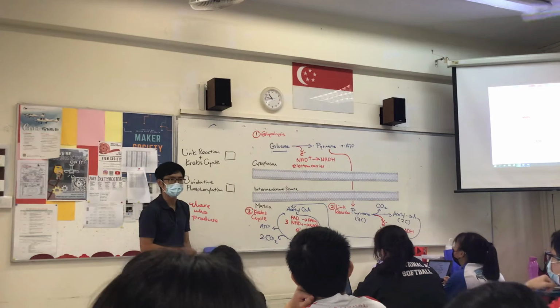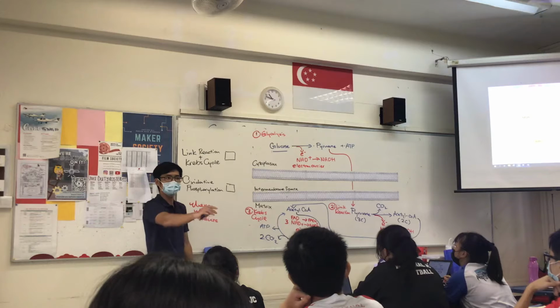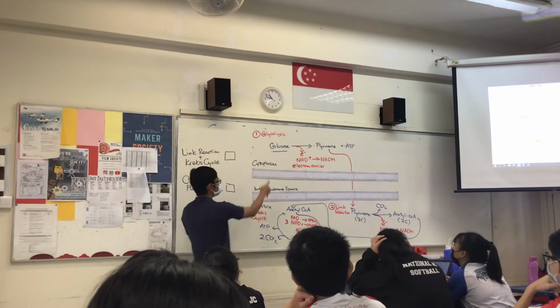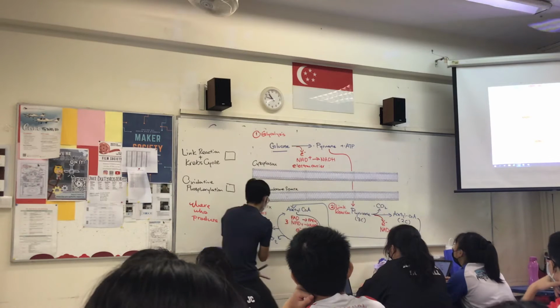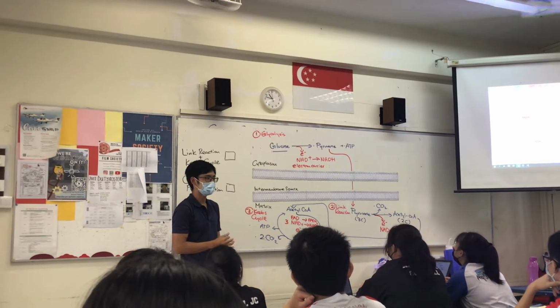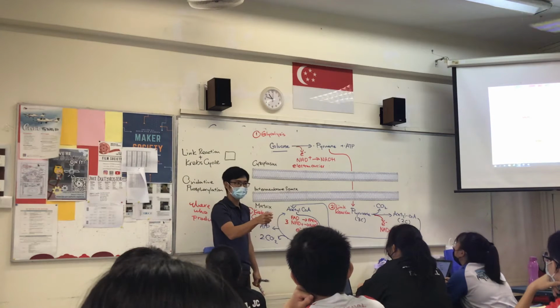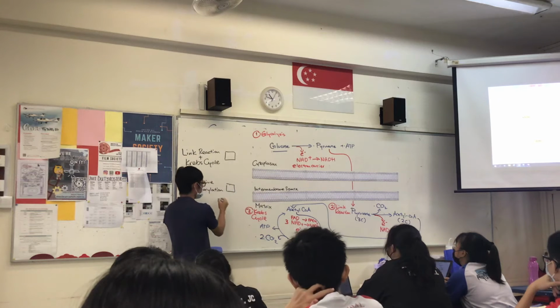For every glucose. 3 or 6? So which one? For every glucose molecule, how many CO2 will we produce at the end of the day? Oh yeah, it's 6, because there are 2 pyruvate, right? 6 carbons, make sense? Glucose is, after all,